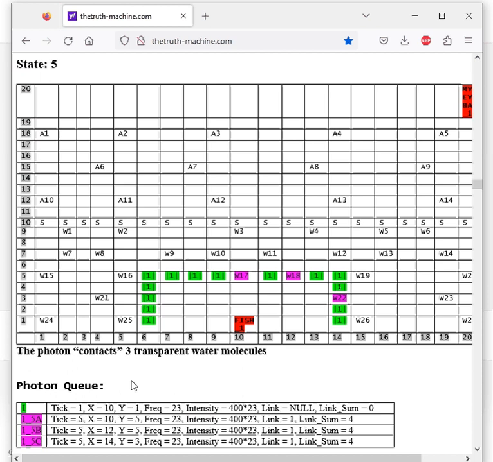Next tick of time, it keeps going off, but now it encounters some particles here. And depending on whether these particles are transparent or absorptive, that decides how the algorithm is going to continue the execution. If they're absorptive, it's just going to absorb it, and that's going to be it. It's going to do something called